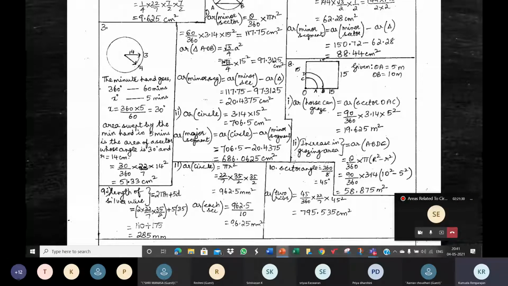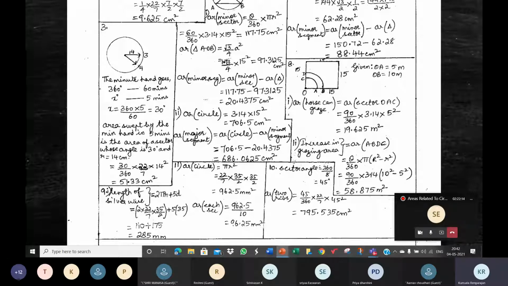Assuming the umbrella to be a flat circle of radius 45 centimeters, they have spread the top of the umbrella and shown it in the figure. So we'll just assume it to be a circle of radius 45 centimeters. Find the area between two consecutive ribs of the umbrella. When you flatten the cloth portion of the umbrella, it looks almost like a circle, and the circle has 8 sectors in it. You can count 8 sectors.